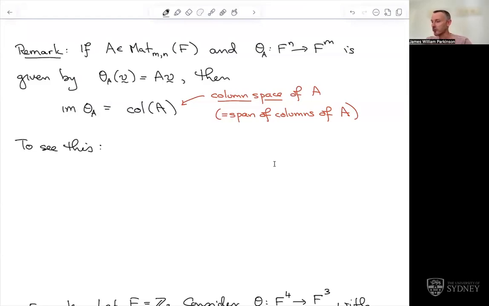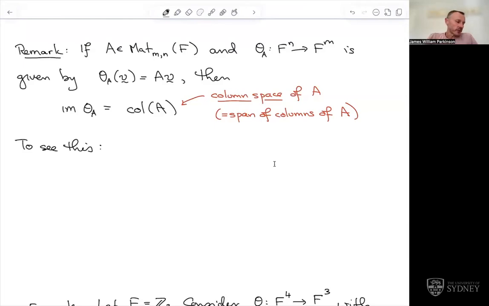And the point of this remark here is that if A is an M by N matrix over F, and if theta subscript A is the linear transformation given by just multiplication by A, then the image is actually the same as the column space. So in fact,